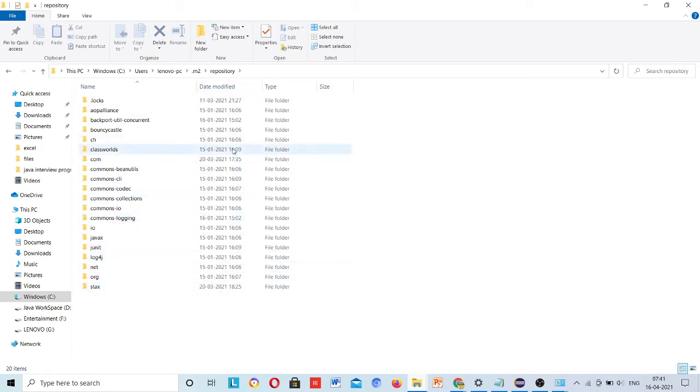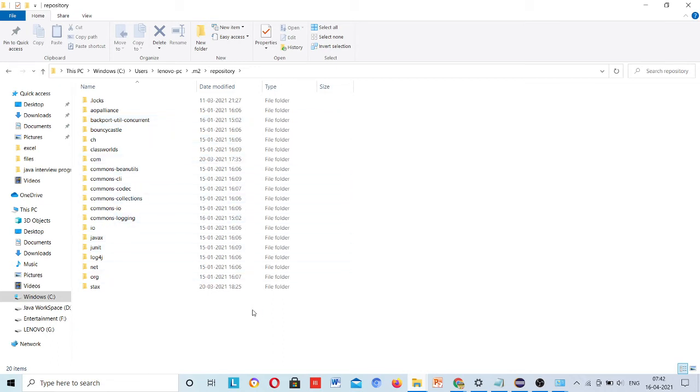Why in my case is it showing this much, log4j, javax, commons-logging? Because I have used Maven many times on my machine, so many projects were created, and these have all been downloaded. First it comes to my machine and checks whether these are present.